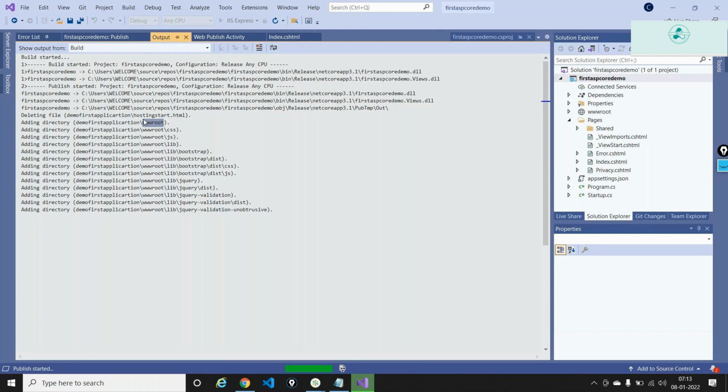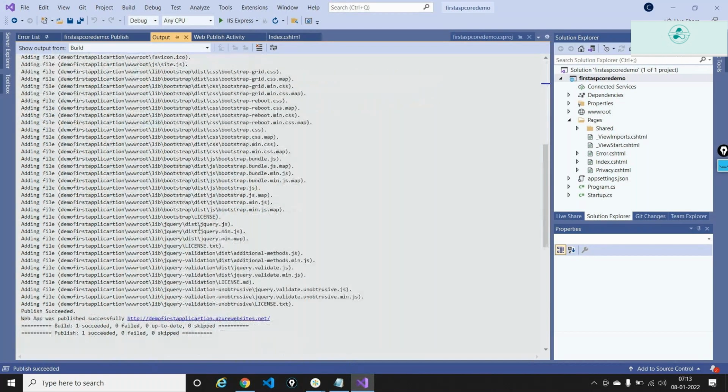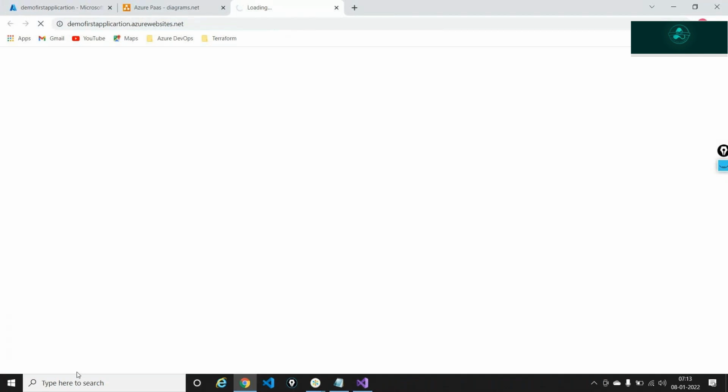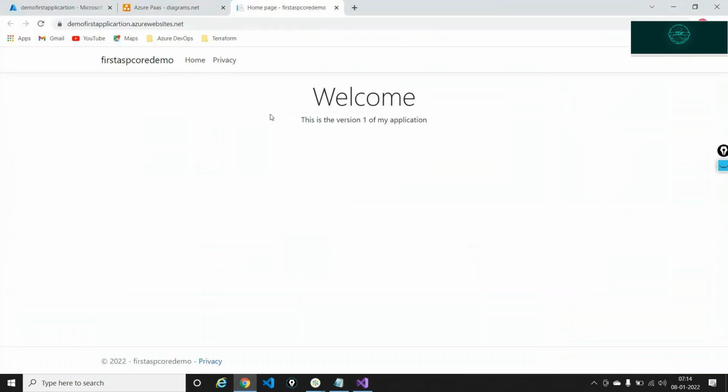So it's going into the root directory, adding the application, and it says publish is successful. It's installing something called an extension. Then, the important thing, it's restarting my application. Whenever you have a deployment, the first thing that happens is that your application gets restarted so that it can show the reflected code out here.